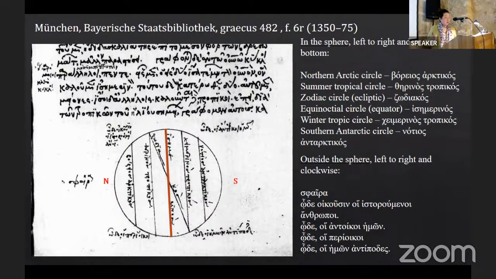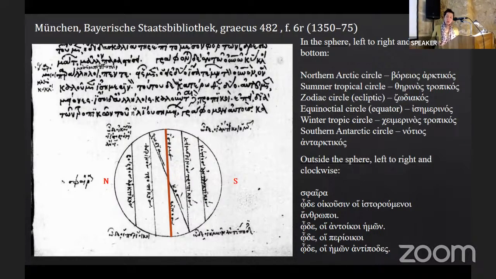So I started this talk by remarking on the alignment, whether conceptual or in diagrammatic imagery, of celestial circles and terrestrial zones. Here, the terrestrial zonality is entirely absent, and yet the habitability of the Earth and its inhabitants is not. Moreover, they are not inscribed into the sphere of the cosmos as they were on our 15th century examples that were designed by John Evgenikos. In a much, I would say, bolder gesture, and this is indeed a design that comes from Neophytos, not copied